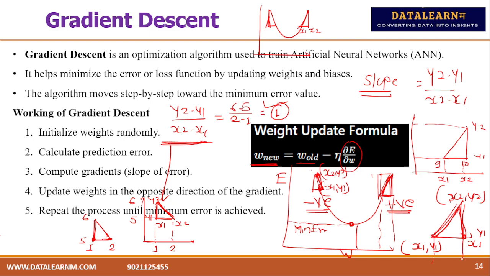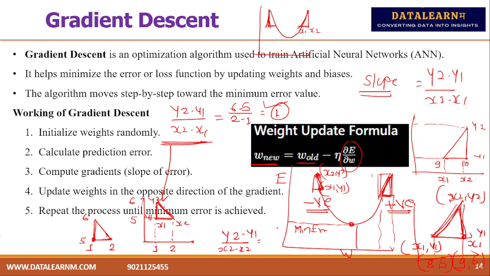What can be the coordinates? If x1 is 8, x2 will be 9, suppose. Same way, y1 is suppose 5 and y2 is 6. This way it will work. So what are the values for x1, y1 and x2, y2 now? 8, 9, 5, 6. So if we put this in the formula,